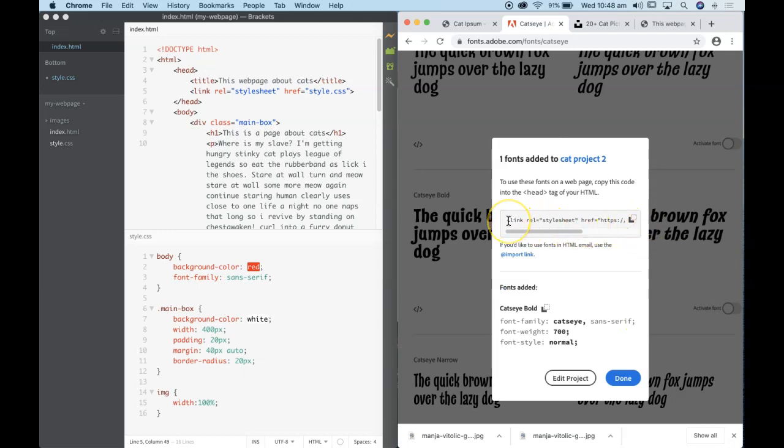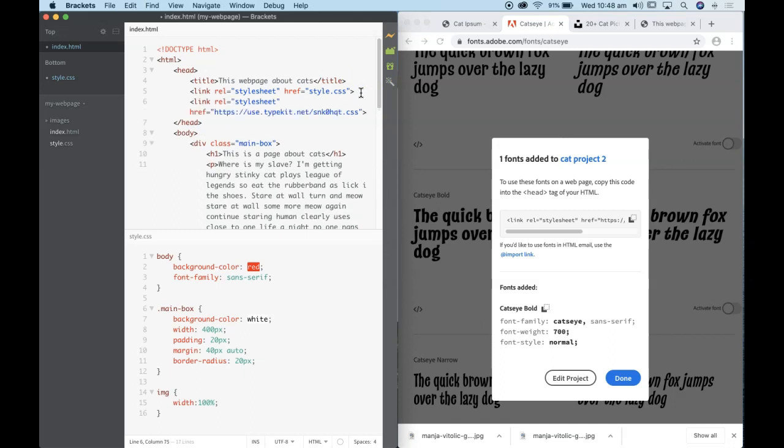So a link there with a style sheet in it. I can copy that into the clipboard and add that to the head of my document. Of course, you can add fonts using the import command in your style sheet. This time around, I'm adding it as a link in my head tag. And I'm going to grab the CSS there, and I'm going to add that to a